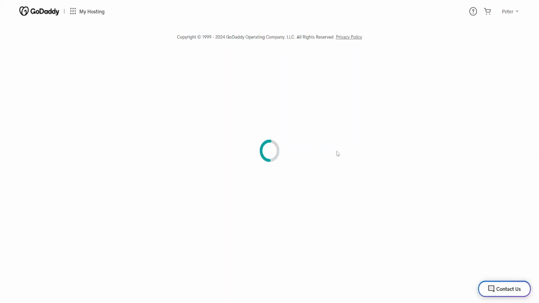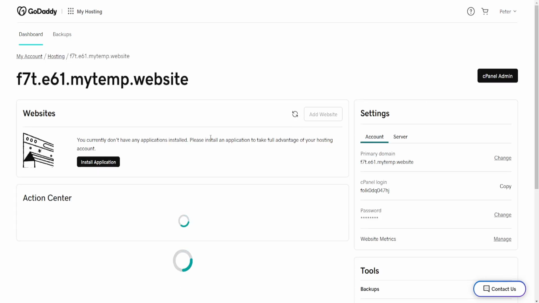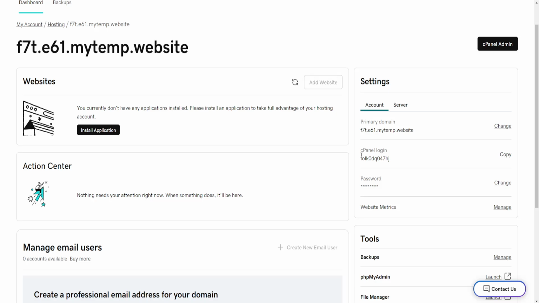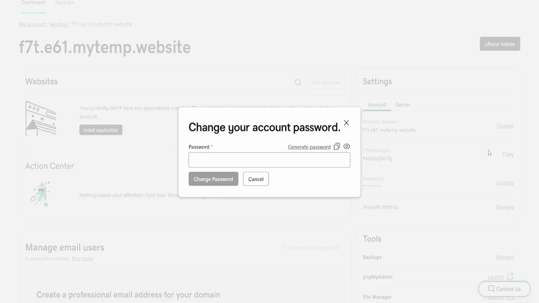Now this is going to take me to cPanel. So as you can see, cPanel admin is right here, and it's going to look like this. So cPanel login, and this is going to be our password. So if we want to reset our cPanel password in GoDaddy, we'll just click on change here next to password,